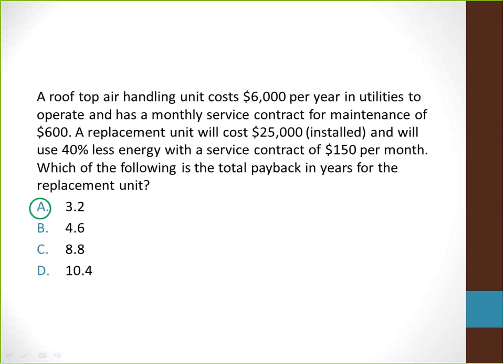Answer A is the best answer here. Annual savings in energy is $2,400 per year, or $6,000 times 40%. Annual savings from the service contract is $5,400 per year, or $450 times 12 months. Take the $2,400 and add it to the $5,400, which equals $7,800